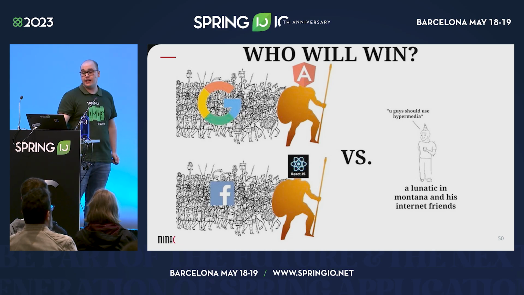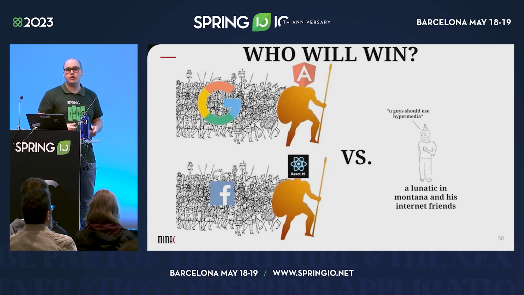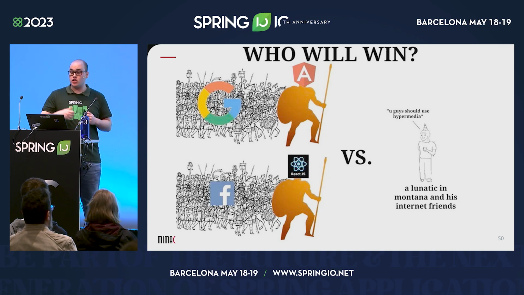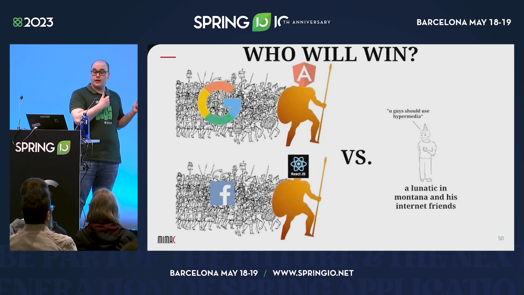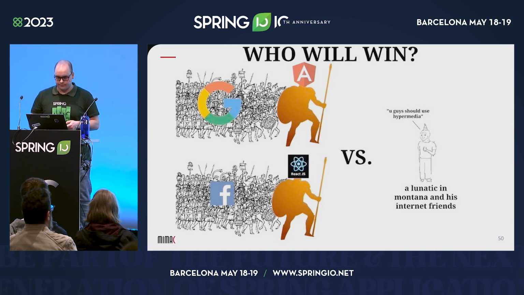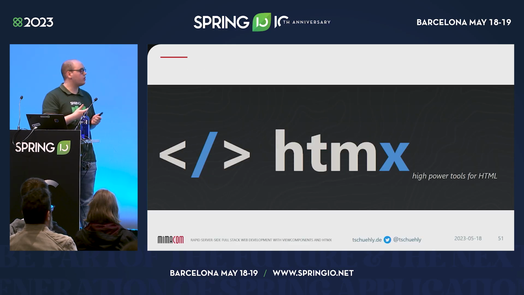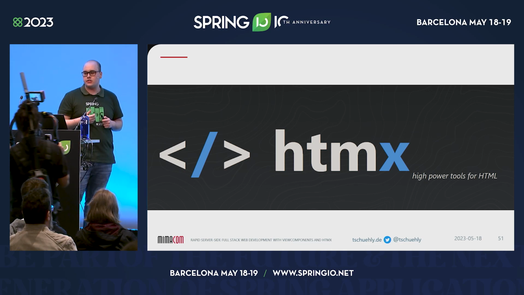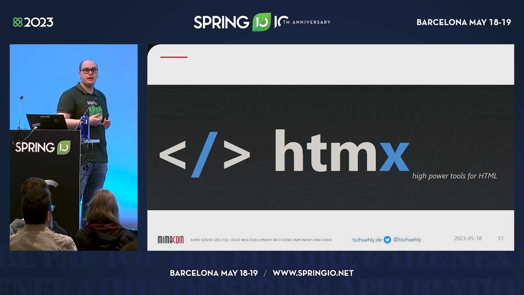But one guy in Montana and his internet friends were not satisfied with that and created a library to complete HTML as a hypermedia and compete against the giant JavaScript ecosystem fueled by big tech as we know it today. This library is called htmx, and it has gained quite a bit of attention over the last year. GitHub recently picked it up in their open source Accelerate program. In a nutshell,